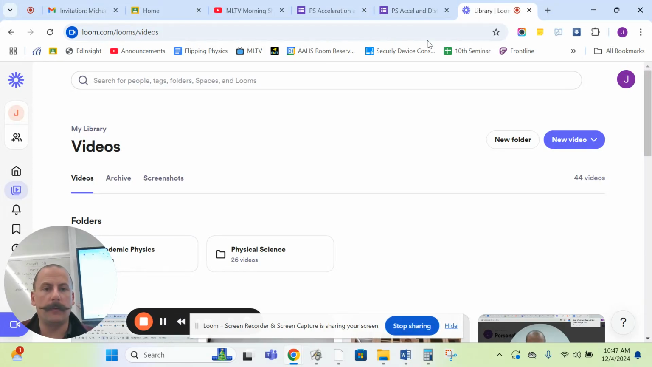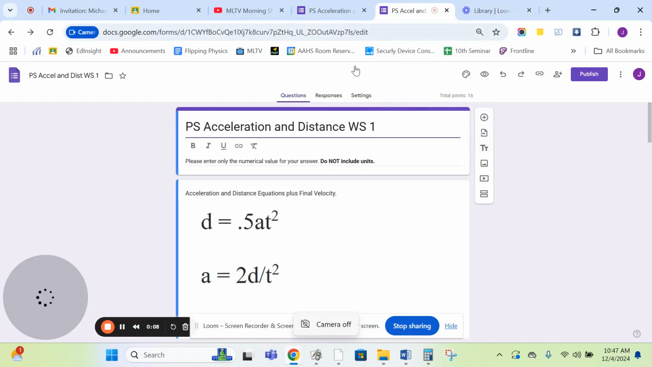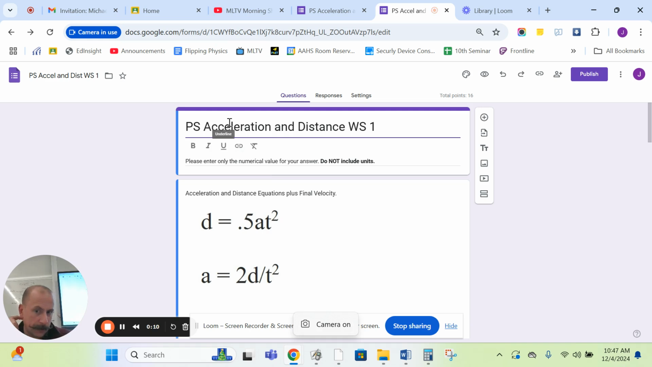Hello everyone. Today we're going to go over a couple examples on your next assignment on acceleration and the distance worksheet. So if you take a look up here at the top whenever you open the form, acceleration and